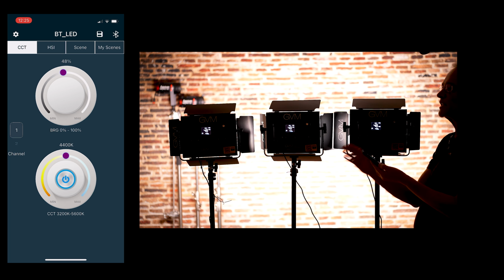Now, I could certainly set one of these to app and this one to app and this one to app and handle each one separately. I'd like to be able to control each one separately in this app, but it's still a really cool idea. I almost hesitate to include cons since you're getting an entire 3-point light kit for an